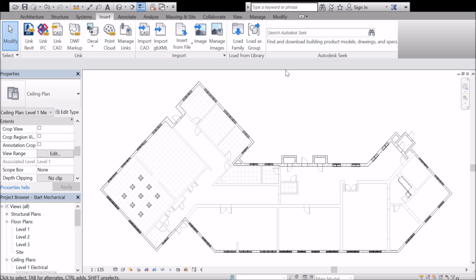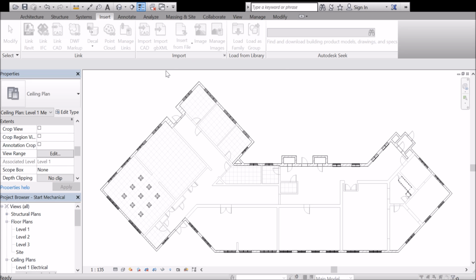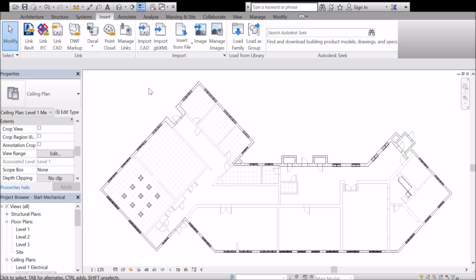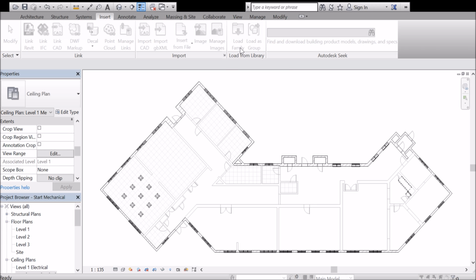We're going to go back to the same place, so load family. Go on down to the mechanical folder, MEP, airside components, air terminals. And this time we want return grill with trim ceiling mounted. So make sure you select that one. Go ahead, hit open. Mine's already loaded in, so that's why I got that prompt. Do this 2 more times. Hit load family,